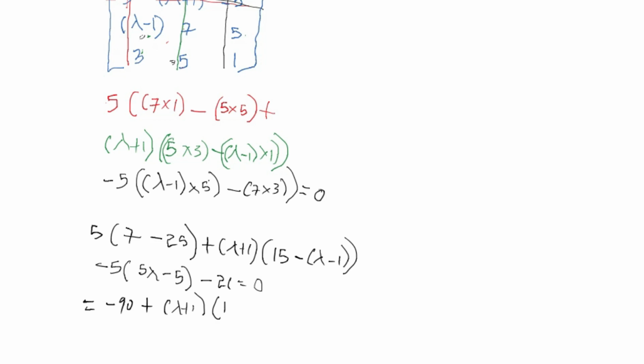If you open this bracket with minus, we are going to have minus lambda plus 1. We are going to have minus 5 lambda minus 5 minus 21. Please don't forget this 5 is for the entire bracket, so we are having a bracket here. So simplifying this further, we are having minus 90